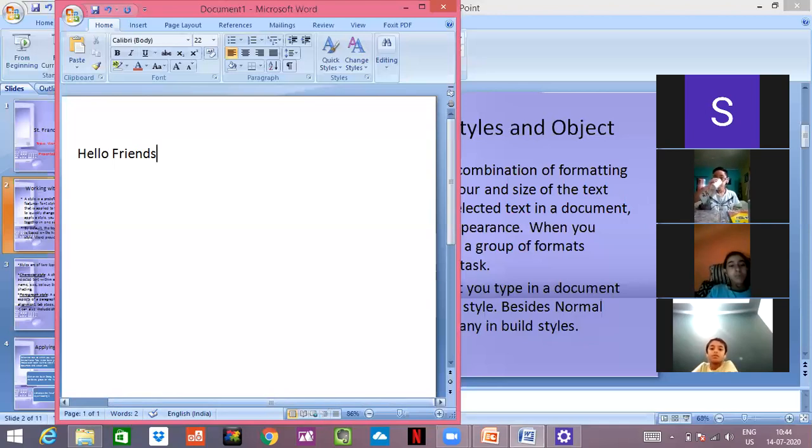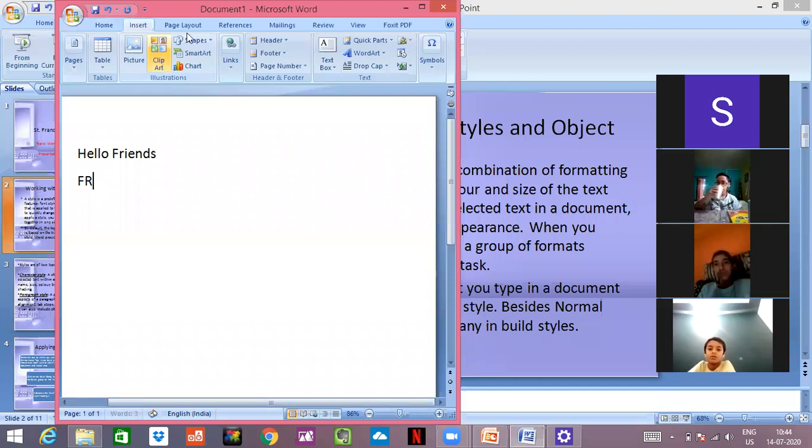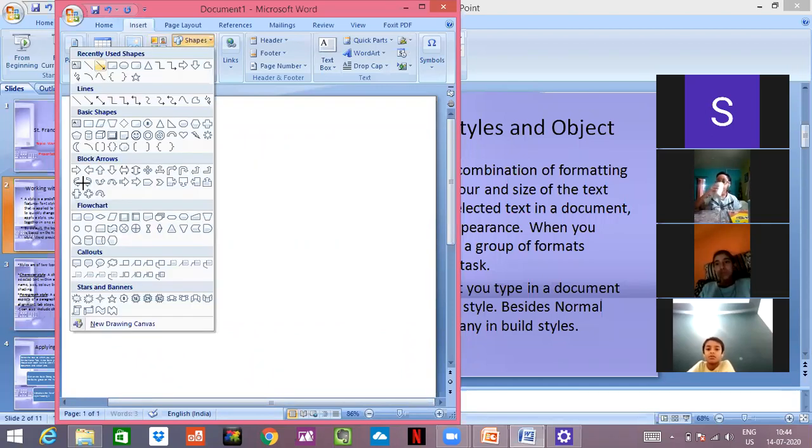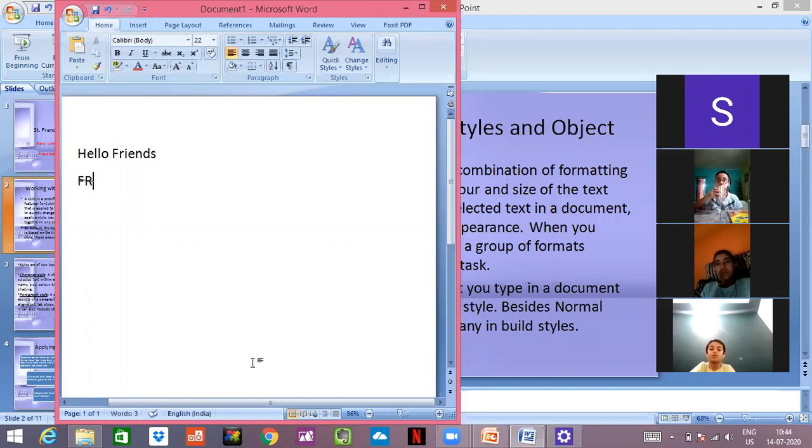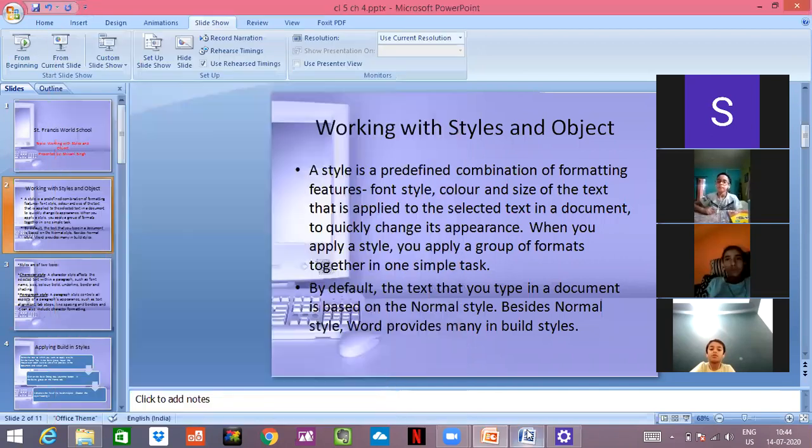But in a notebook, what happened when I'm writing this kind of print, what do I have to do? I have to cut it. And what we used to do, we cut it like this. See how odd it would look when I cut it with a line. So this is a difference while working in a computer and while working in a notebook. So it is very presentable to work in Word.